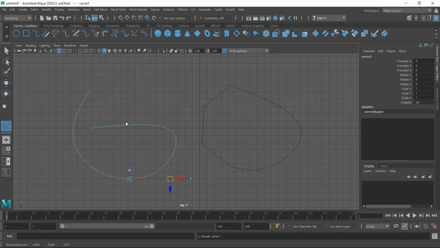If you want to modify this area, click on this knot and move, and then click and drag, and click and drag, and by using this middle point, you can change the curve shape.